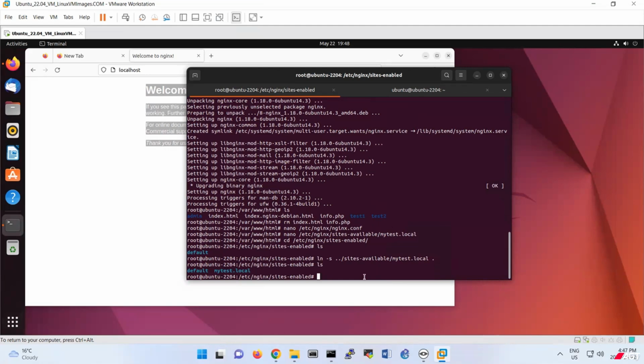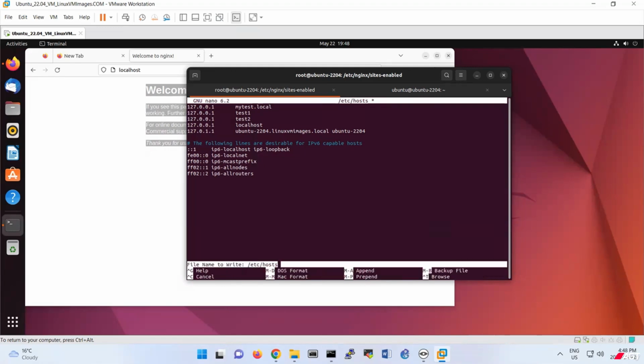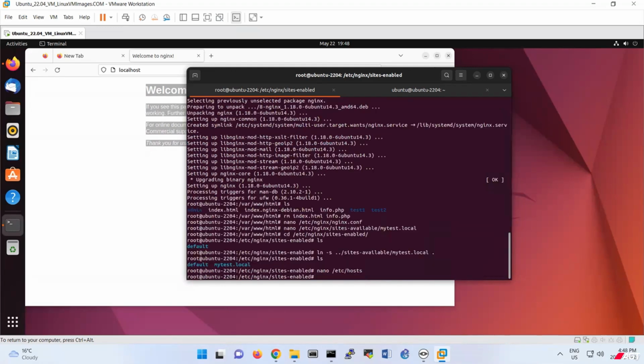So then I'm gonna change also my /etc/hosts here. Basically, I put 127.0.0.1 also as mytest.local. So that means mytest.local is equal to 127.0.0.1. So last part, step 7 is asking to systemctl restart